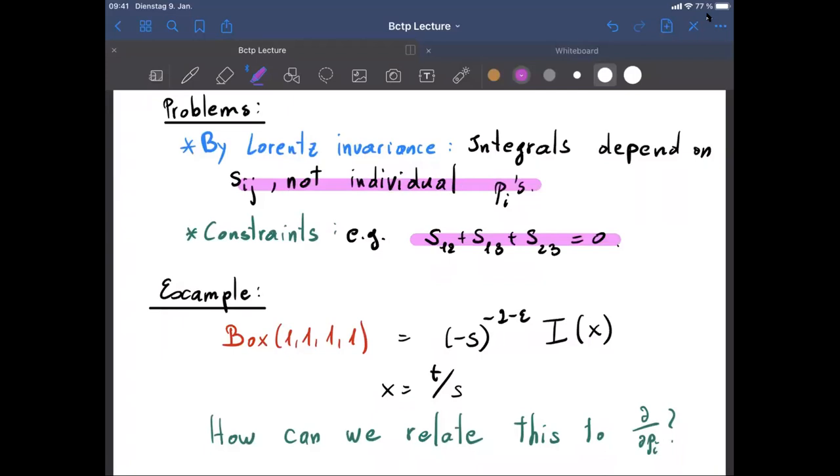So we will go through this in detail now for the example of the box 1, 1, 1, 1. Remember, that was the only master integral for the one-loop four-point function that we don't know yet. And we'll see how we can evaluate it with differential equations. And if you remember from what we said yesterday,